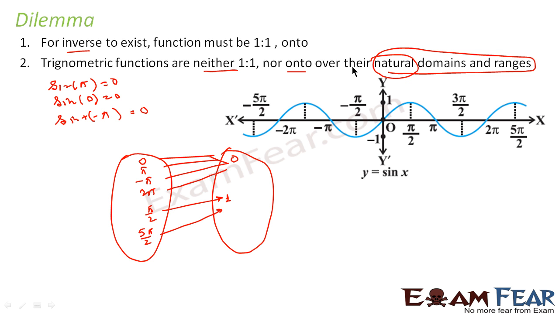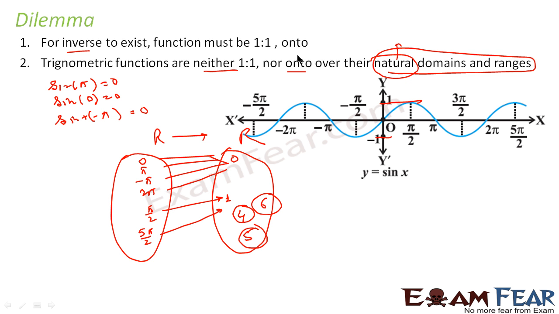Also, it is not onto. Why? Because for the sine value, the maximum value is 1 and the minimum is minus 1. So 1 to minus 1 is the range for this. There are so many values like 4, 5, 6. If I'm talking about R to R, domain and range, in that case these values are all orphans, because the natural domain is nothing but R to R. So in this natural domain and range, it is neither one-one nor onto. And we want to find the inverse of this function,